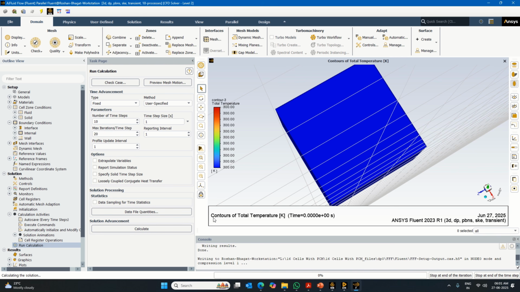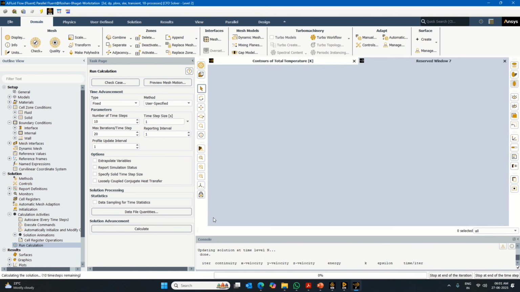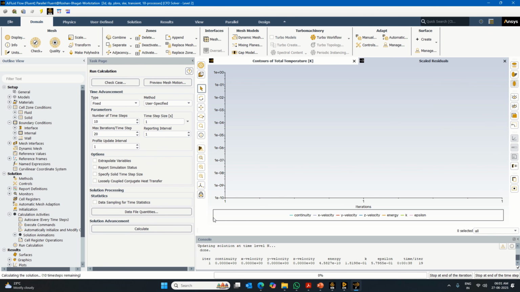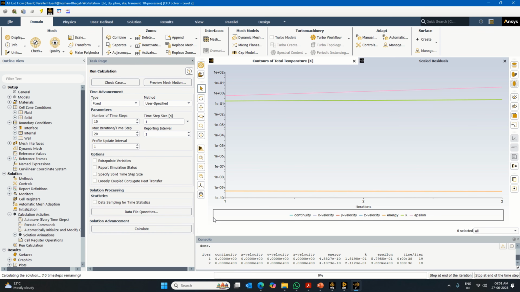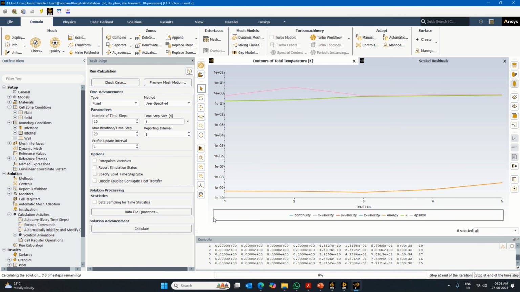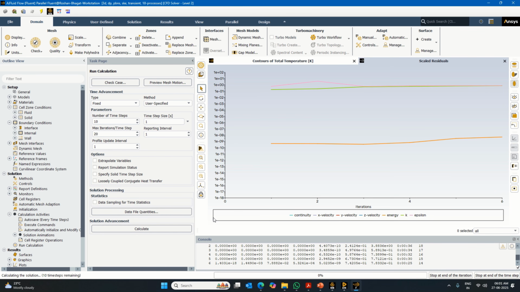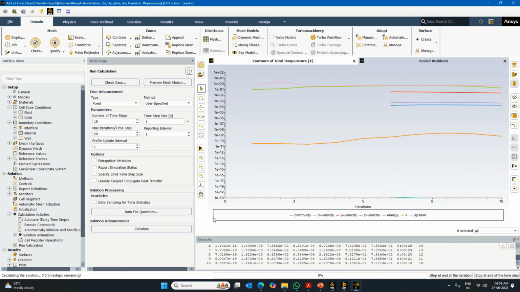After the first 20 iterations, you will be able to see all the graphs which have been generated, whatever report definition we have set, as well as whatever animation we have set. All this will be visible once the first 20 iterations are completed. So you can see 1 2 3 4 5 6 now. Once all 20 are completed, you will see the window show the various cases which we have